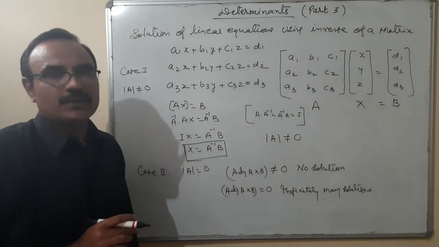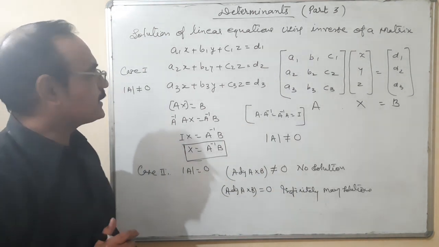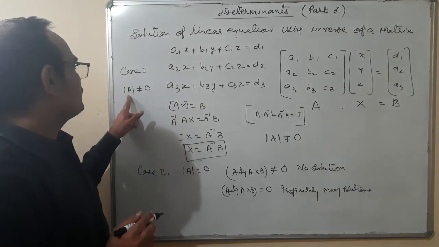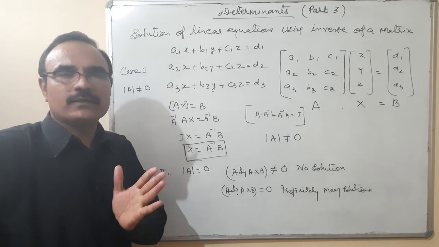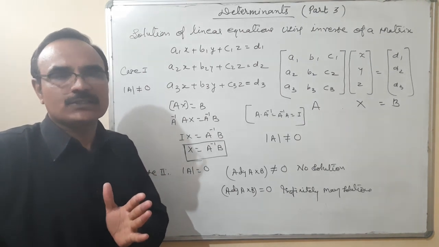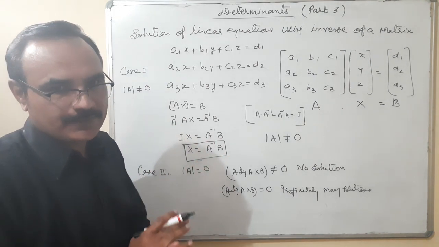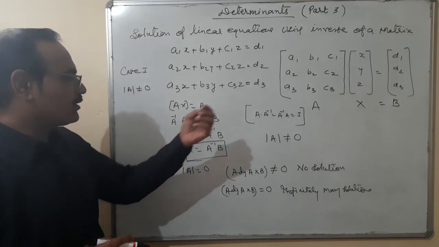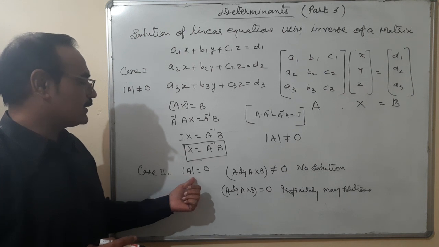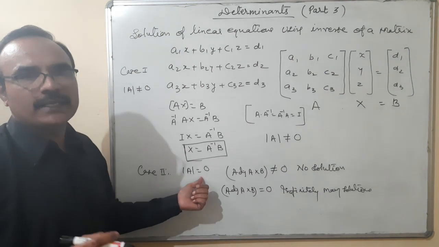So the possibility of solving the question has two different cases. Number one, if the determinant value of A is not equal to 0, then it is sure that we get unique values of x, y or x, y, z, whatever the two or three variables are in the equation. But in the second case, you cannot drop the question then and there. Only when you find that the determinant value of A is equal to 0, then you can leave it.